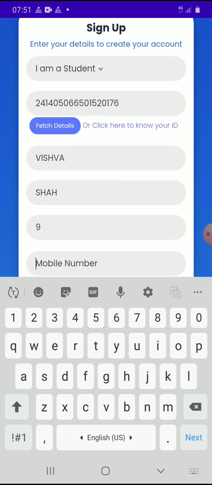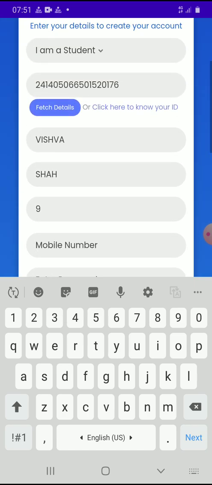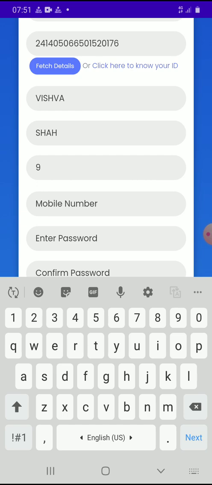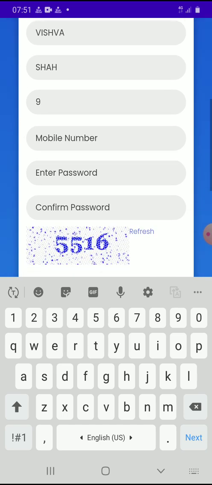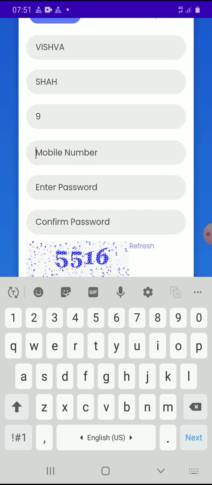When you click on fetch details, if your name does not come, that means something is incorrect in your student ID. You can click here to know your ID, but I will upload every student's ID in our WhatsApp group.